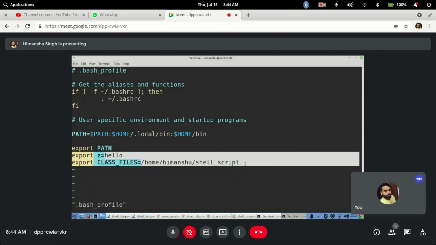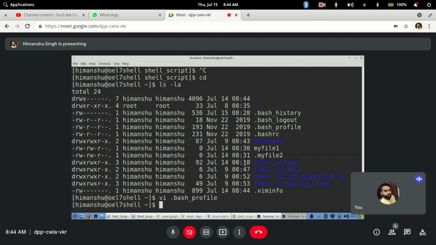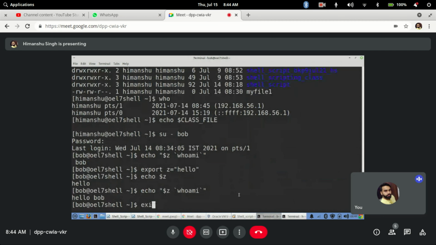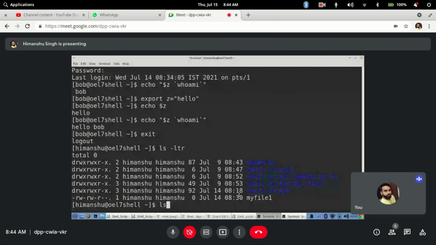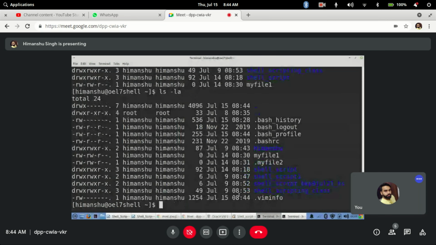Okay, but just saving it doesn't mean that this variable is there. Let's say if I go ahead and see in this terminal, go back to Himanshu, but still it will not be there. If you see, it will be there in the file .bash_profile.